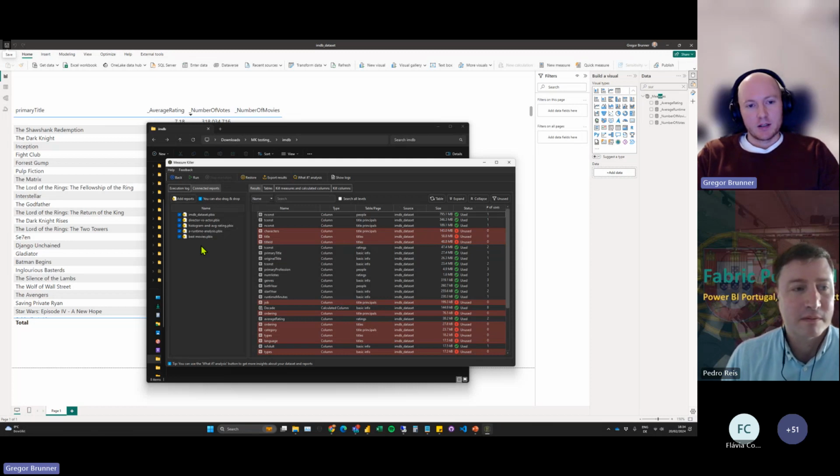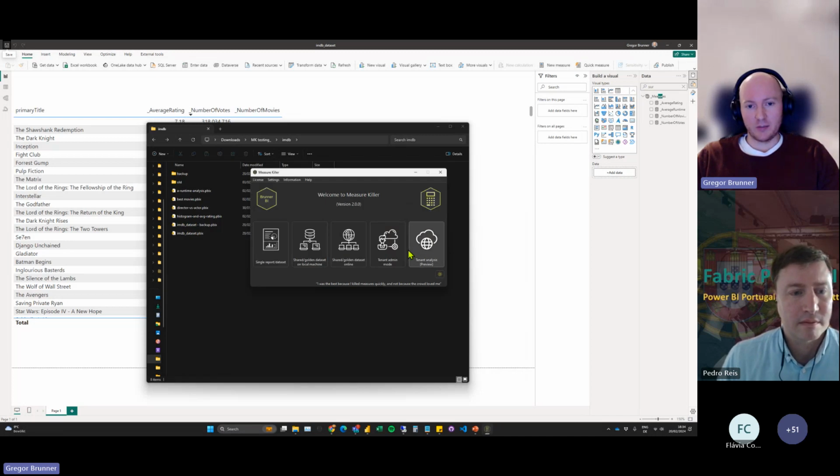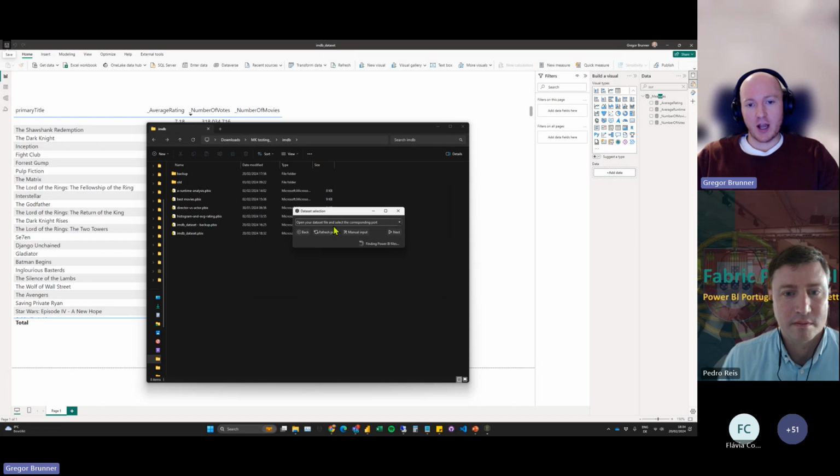Yeah, the analyze in Excel is a problem, especially because we don't know what people are really doing on their computers. The stuff that is in the Power BI service, Measure Killer can analyze, but only in the paid version. Here, basically, it will search for all the connected reports automatically, but that's part of the paid version. If I want to use the free version, I have to find everything myself and just download it here and put it all in the tool, and it will do the analysis.